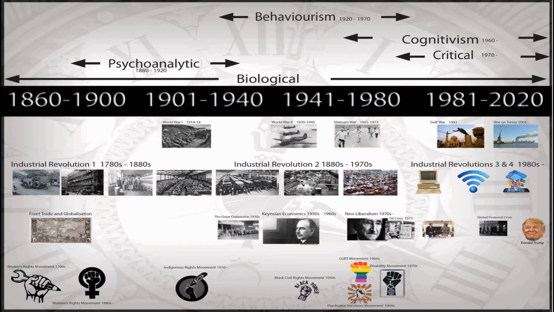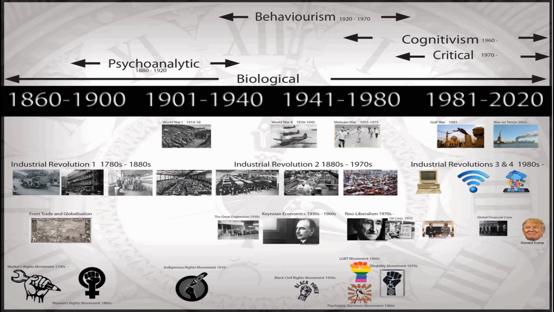The 3rd strand is politics and economics. So there's free trade and globalization, and then a shift through a system of capitalism that's changed over the years from Keynesian capitalism to neoliberalism. The thing we'll be focusing on there is neoliberalism, which is the present dominant economic system. You've got our lovely Donald Trump sitting there at the end of that timeline.